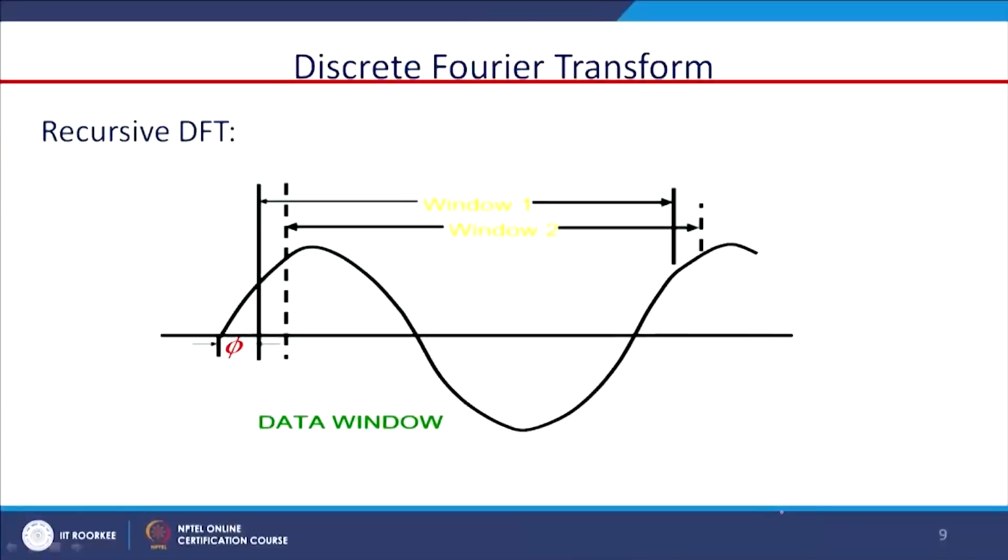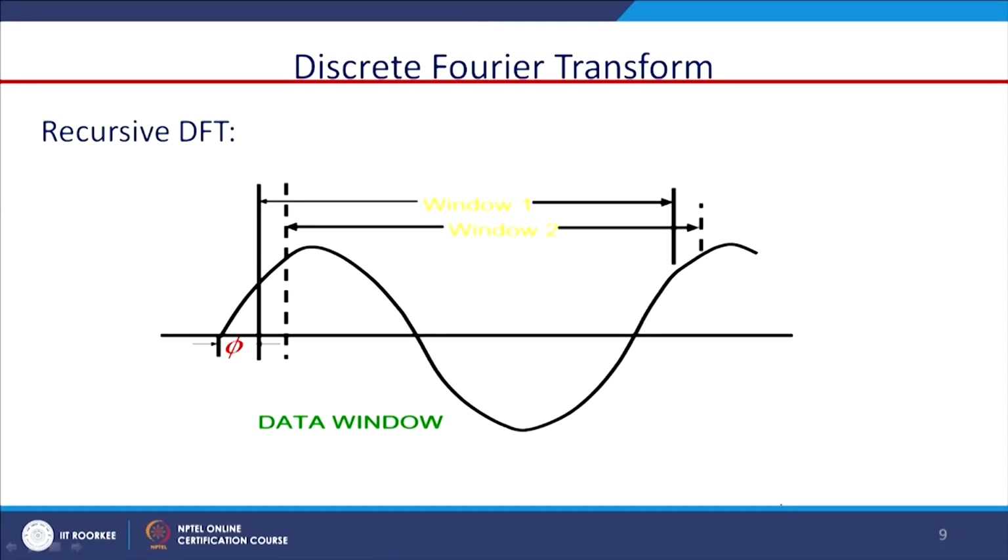Now, we will go for the discrete Fourier transform part. This is the DFT we have discussed. In case of DFT, we have full cycle DFT, half cycle DFT, and cosine DFT. Now, we will discuss the discrete Fourier transform in a recursive manner. What is a recursive DFT and why are we interested in this recursive DFT? In case of recursive DFT, one advantage is,